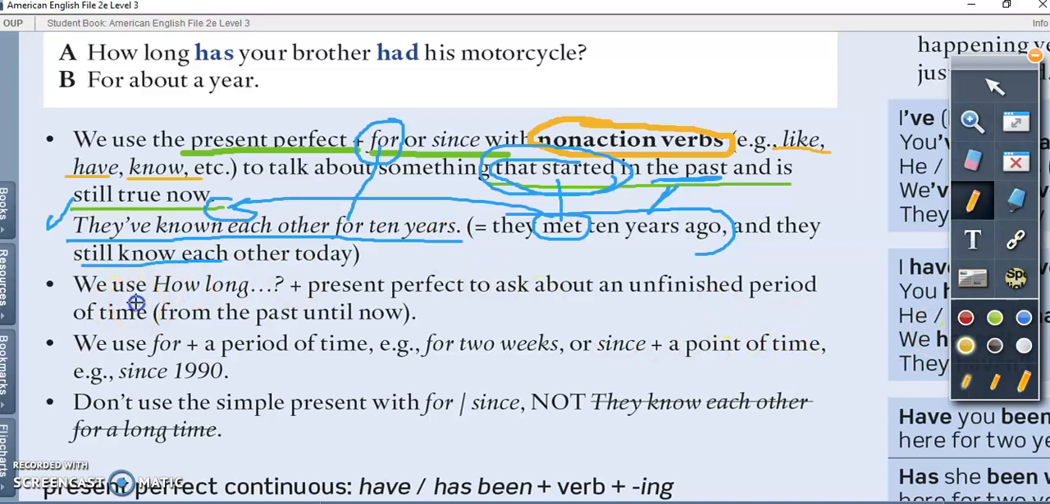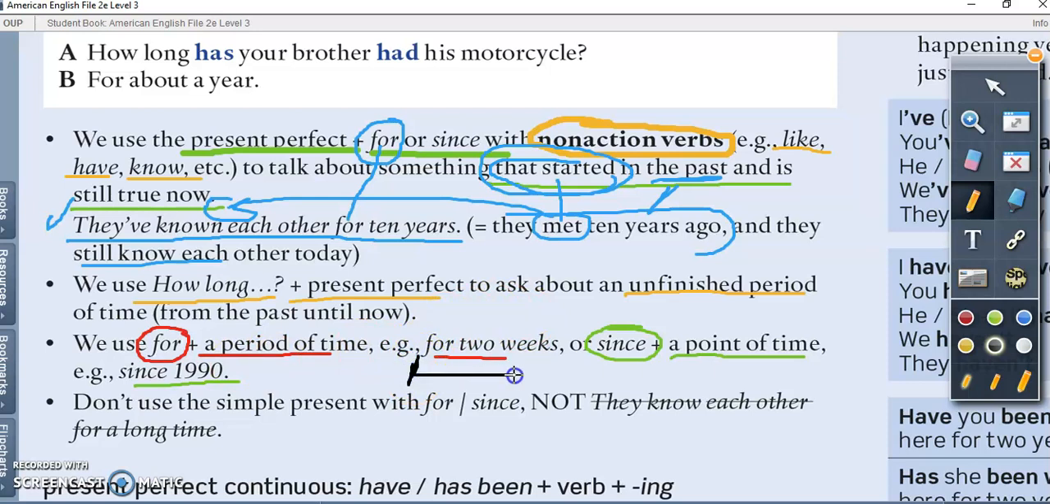We're going to use how long and the present perfect to ask about an unfinished period of time. We're going to use for plus a period of time, for 2 weeks, and we're going to use since with a point in time, since 1990. So I want you to notice the difference between a period of time, 2 weeks,